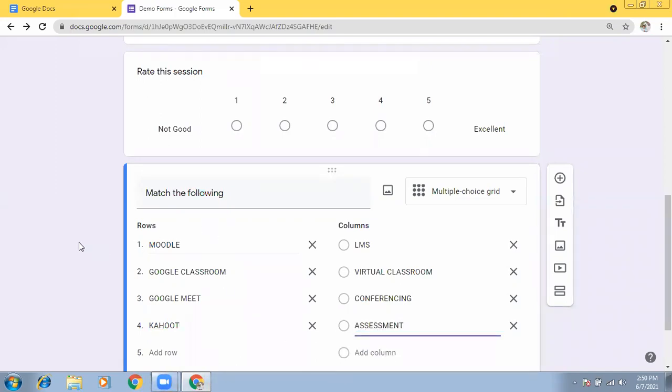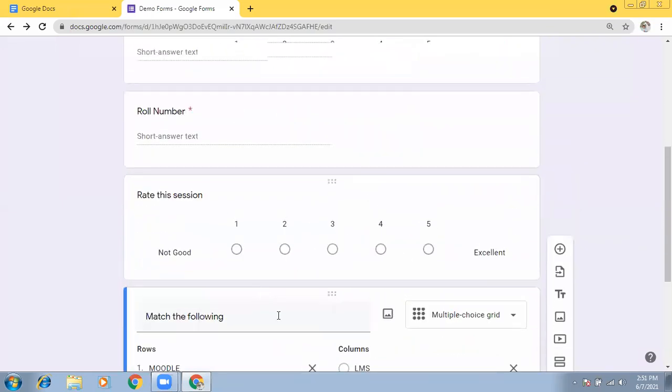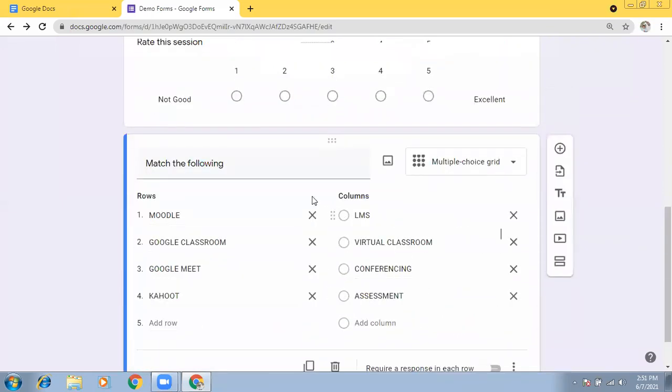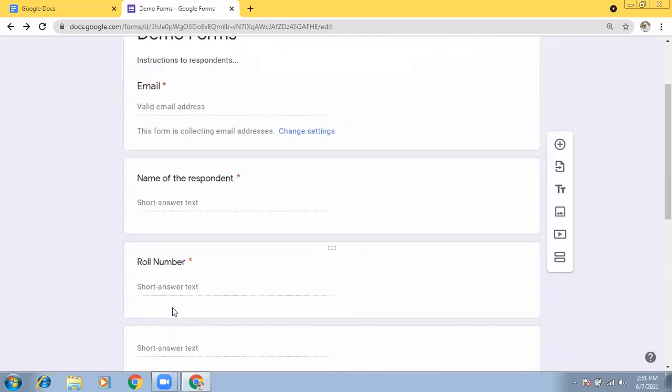So like this, you can have multiple items, but this is not a test actually. That's why we cannot choose the right answer. Okay, this is not a quiz actually. That's why we cannot add this kind of items here. Okay, that can be done. Now, if we need to make it required, you can do it. Similarly, you can add other items if you want to break the sections. Suppose you are adding name, roll number, etc.